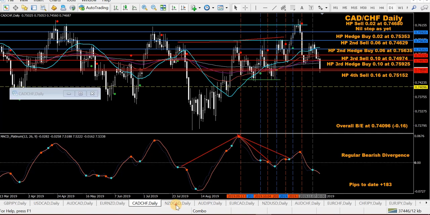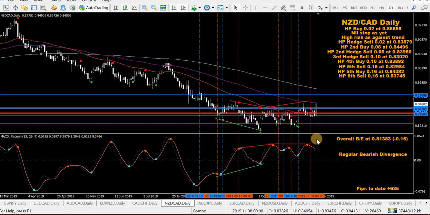So let's move along. New Zealand CAD, another one I think I'm in the poo with. Yes, I got a bit tricky a couple of days ago, and you can read all my notes. I'm in lots of trades. This is a pretty slow moving pair, and I can generally trade my way out of it. The news wasn't kind to me though. I think my overall break even is,